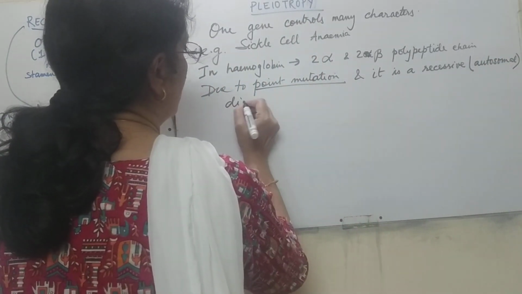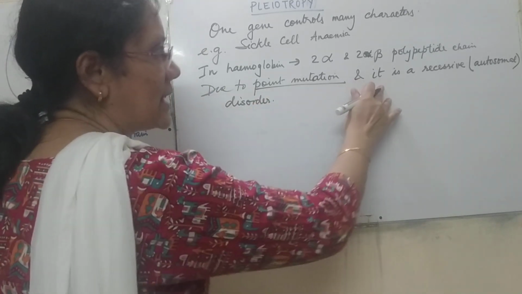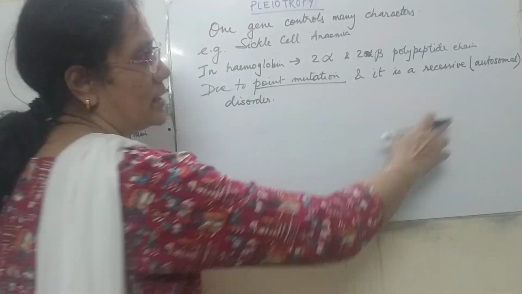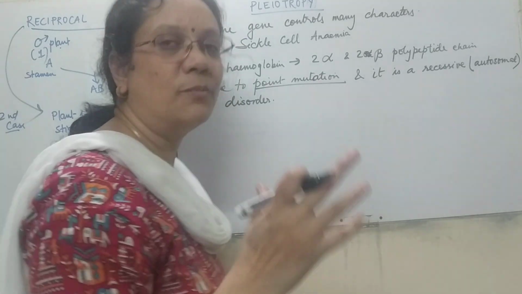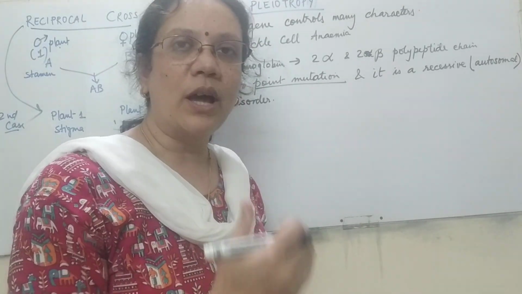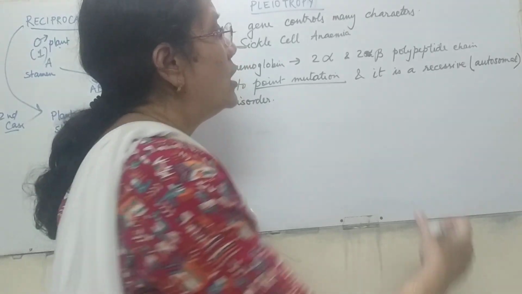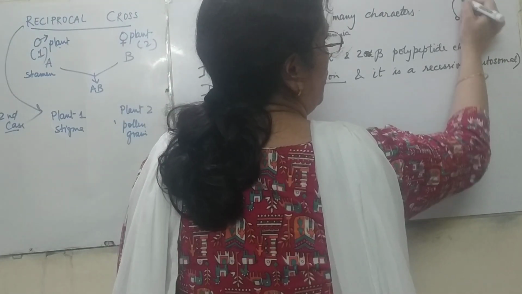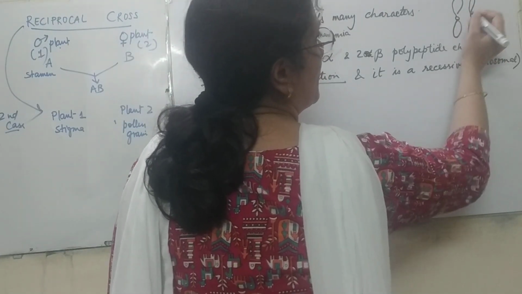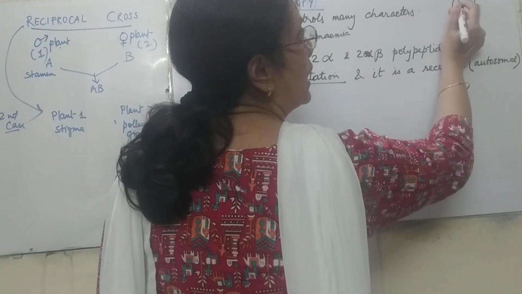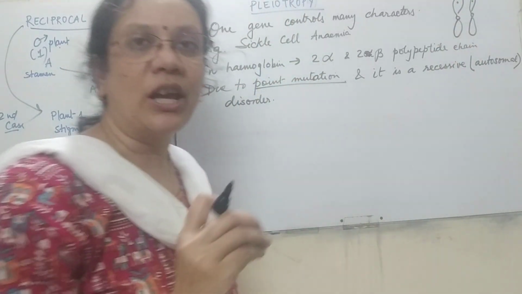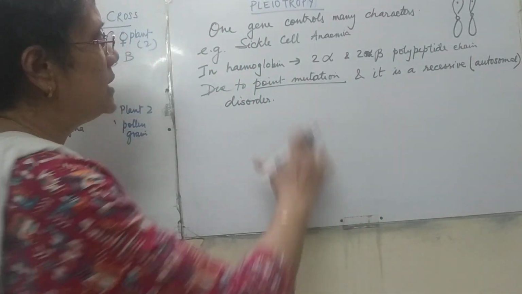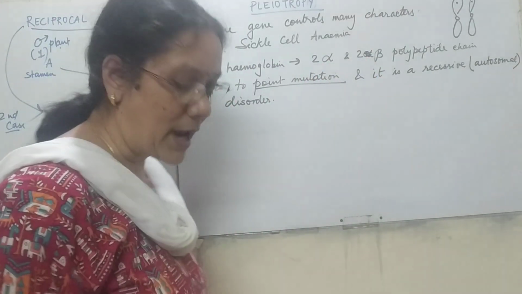or rather, recessive means it is an autosomal recessive disorder. That means the change is happening not in the 23rd but some other chromosome. That is why it is called autosomal. Out of the 23 pairs of chromosomes, 22 are autosomes and one is the sex chromosome. So this is a recessive character. That means the disease is going to show only if there is mutation in both the alleles. So remember this.